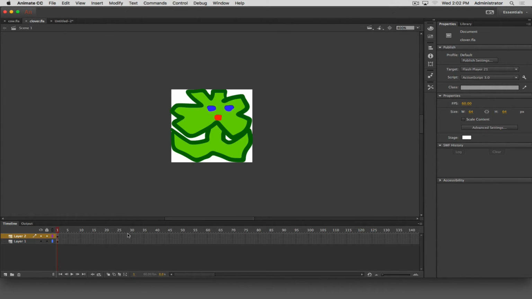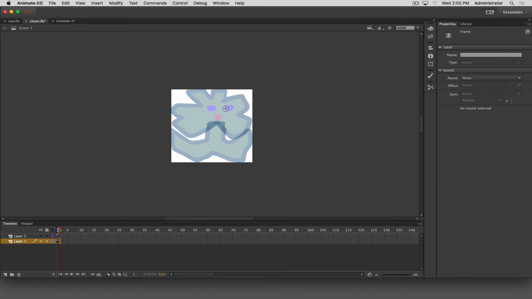I've started a file over here with 2 layers. This is going to be the clover that is going to be trying to run away from my cow. So this clover, what I want to do is, on each frame, draw the clover body as it's scooting along the ground a little bit different. If I turn on onion skinning and now hit F7, it inserts an empty keyframe showing me what was there before,